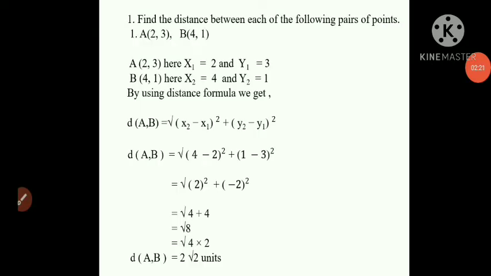Now there are 6 sub questions. We did the first one. I'll take one more. All the sums are the same, you have to use the same distance formula. Now I'll take one more sum, that is question number 3, which is in fraction form. R is given 0, minus 3, meaning the coordinate of point R is 0, minus 3 and S is 0, 5 upon 2, meaning the coordinate of point S is 0, 5 upon 2.